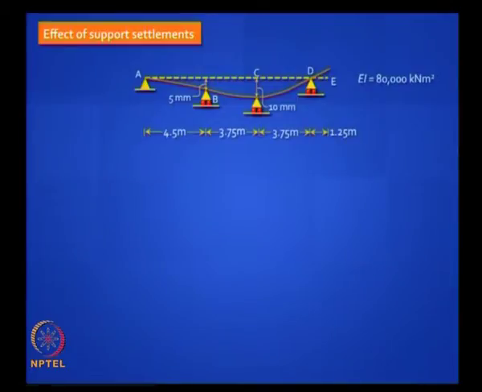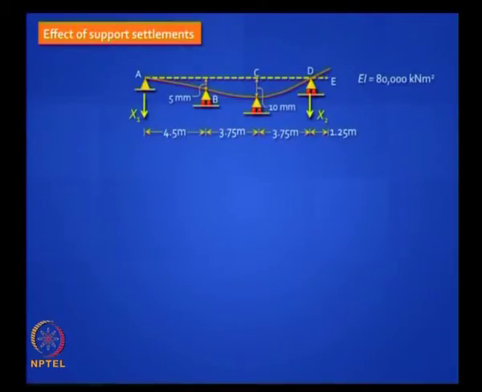Now usually it makes sense to handle support settlements as a separate analysis problem rather than mix them along with the direct forces, because you would like to know out of curiosity how much effect this has independently. Now here is the same beam, same continuous beam, where you are given that the support B has settled by 5 mm and the support C has settled by 10 mm. Mind you, the same flexibility coefficients which you calculated earlier are applicable here, so you do not have to do any extra work, you just have to write the equations correctly.